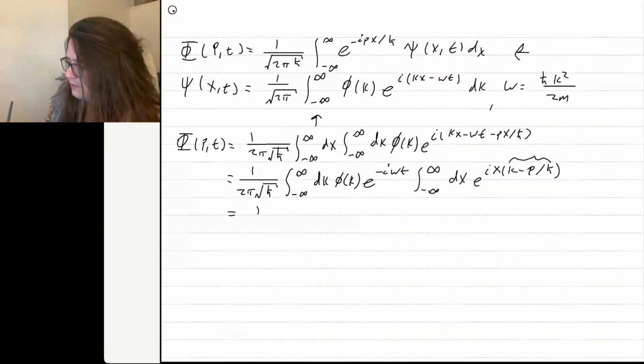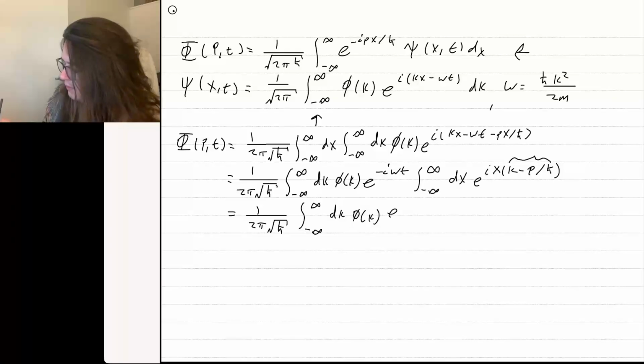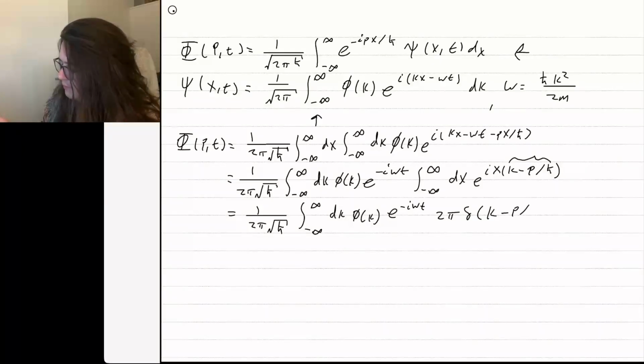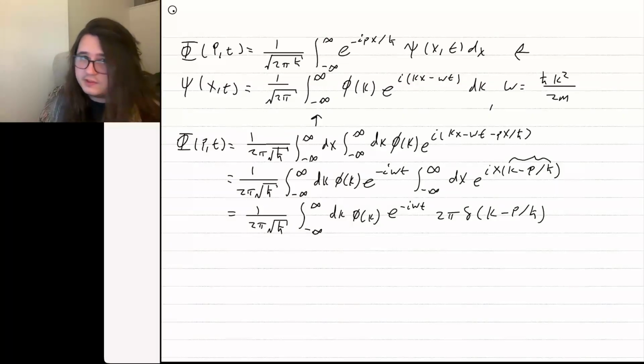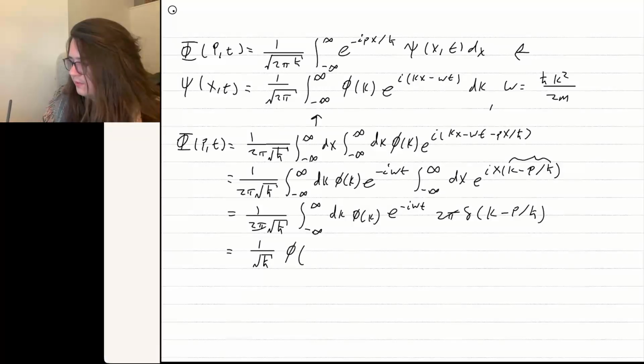So we've got 1 over 2 pi root h bar. We've got the integral over k of phi of k e to the minus i omega t. And then it's 2 pi times the delta function k minus p over h bar. Now that we have a delta function, we can actually just do the k integral now. Canceling out 2 pi's, the integral becomes just phi of p over h bar, and e to the